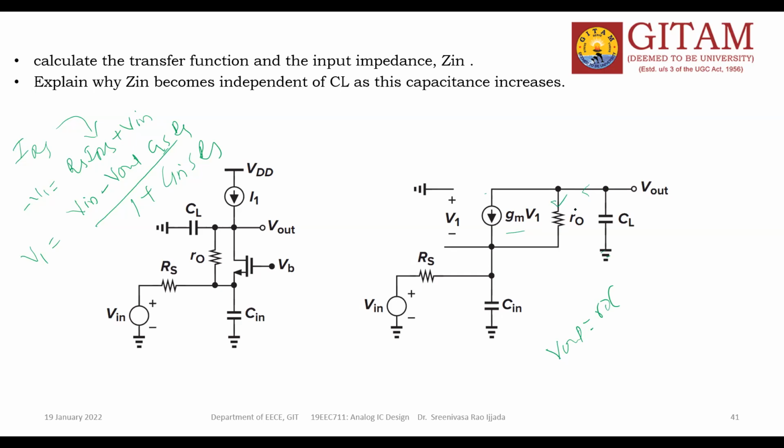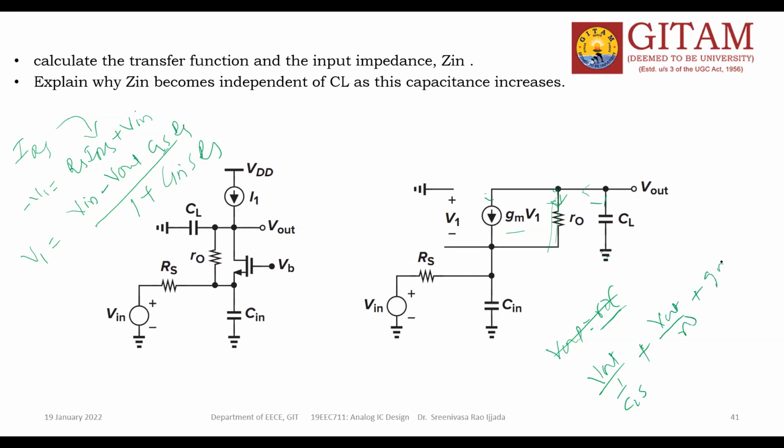This is nothing but V out. If this voltage is V out, the current on this side is V out by R naught. First take this one: this current plus this current plus this current. So V out by 1 by CLS, plus this current is V out by R naught, plus this current is